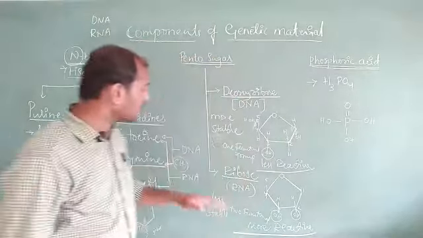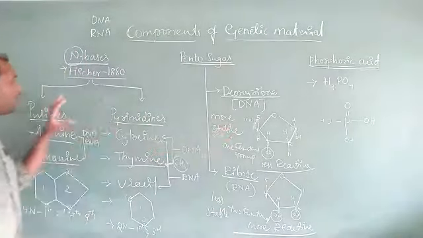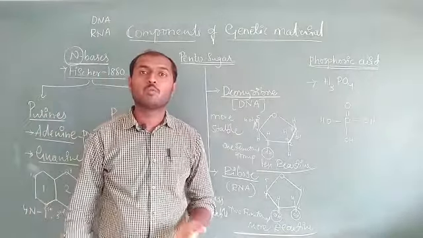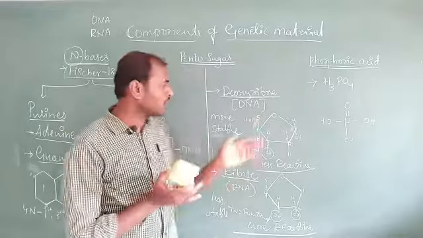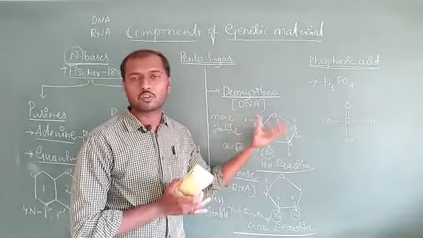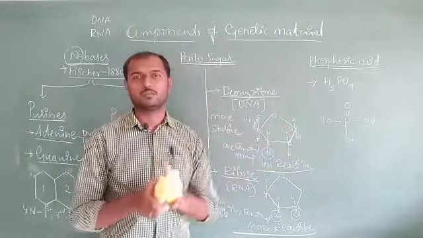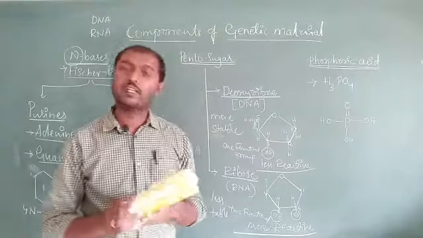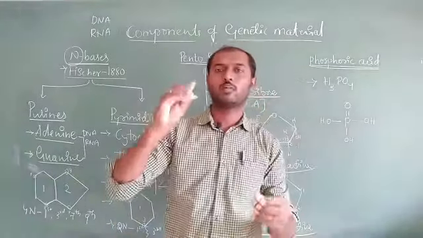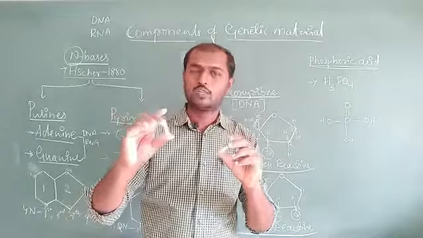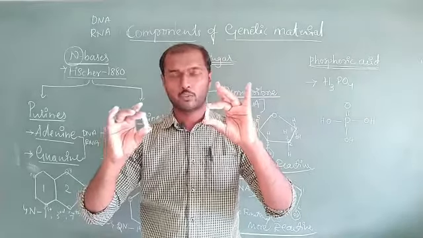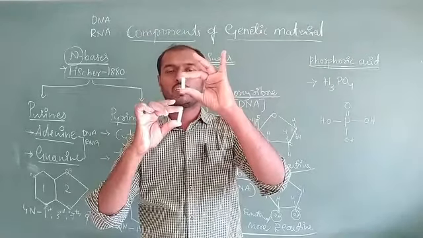If we have only pentose sugar and only the nitrogen base, then it is highly impossible to construct the DNA. Why? Because to bond different monomers of this ribose sugar or deoxyribose sugar, we need an adhesive. When DNA is constructed, we are going to get two components. Consider this one ribose sugar, or any kind of pentose sugar. If they are going to be arranged one above the other like this, there should be something to link them.